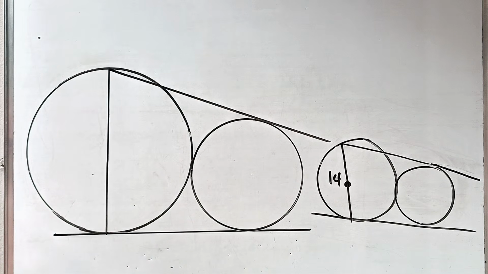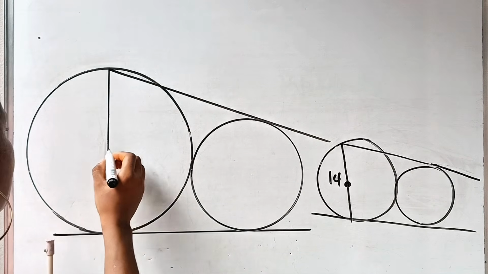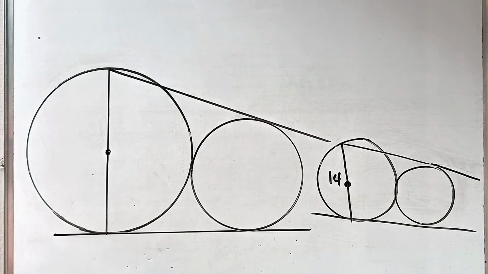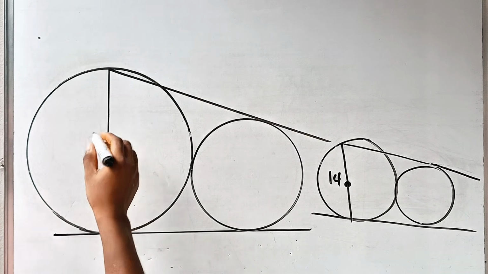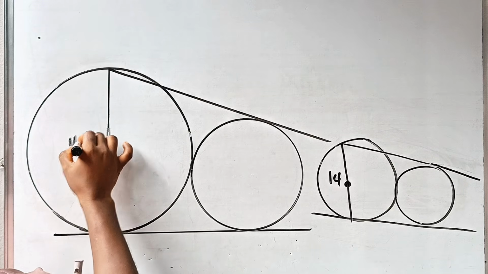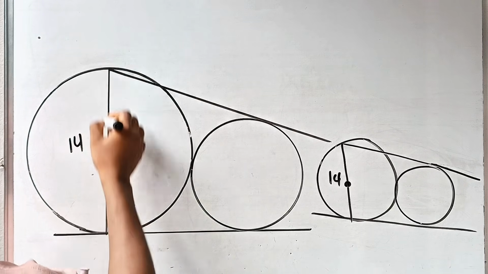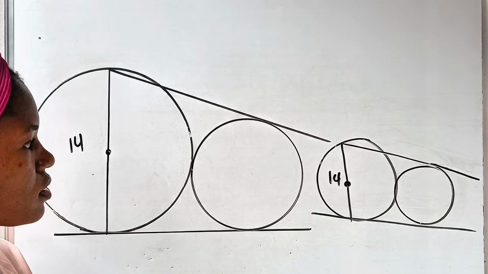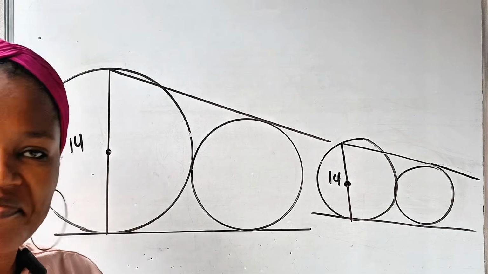So this is what we have, and we are assuming this to be the center of this bigger circle. The length from here to here, the diameter, is 14 units, and that is it. Finally,